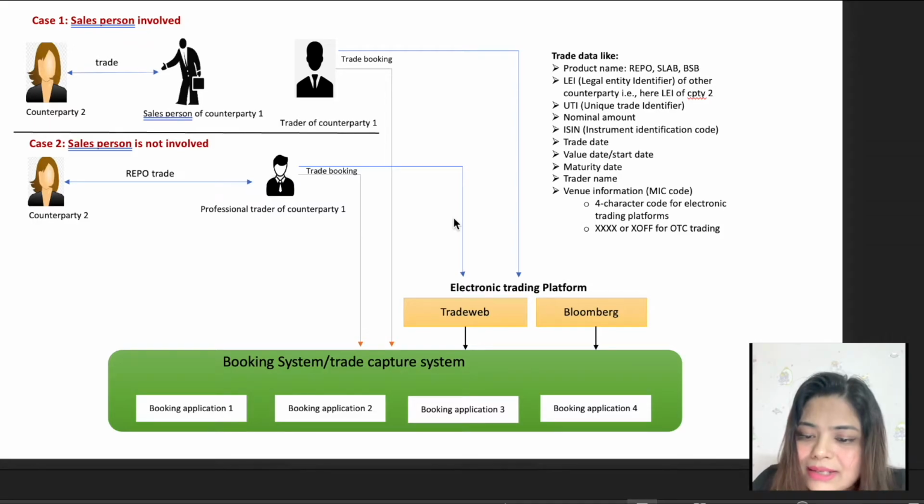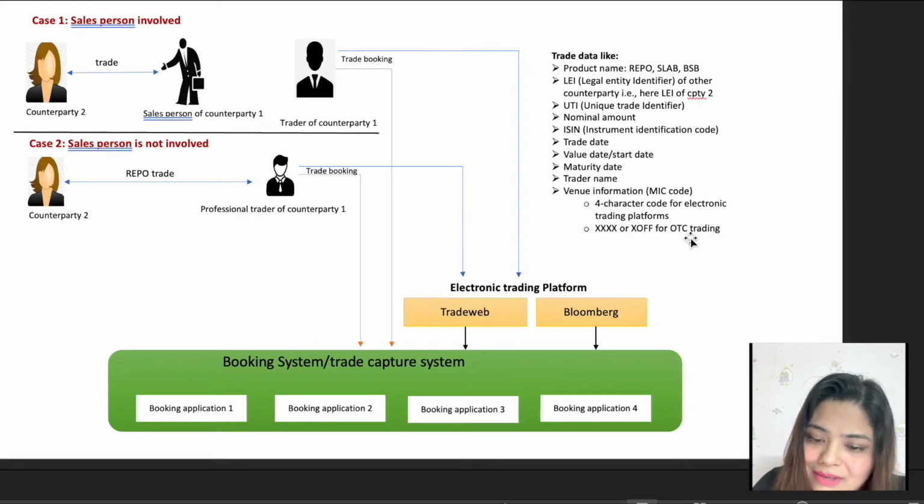However, it gives very little transparency about the pricing. Hence, sometimes security finance trades are booked on electronic platforms like Bloomberg or Tradeweb, or there are various platforms available in the market. These kinds of platforms match buy and sell orders. Every electronic platform has a unique MIC code, a 4-digit market identifier code given to every unique electronic platform. When trades are not booked on an electronic platform and instead booked over the counter, then ISMA has suggested to use XXXX, that is four times X, or XOFF, that is capital XOFF, as a MIC code for the European markets.